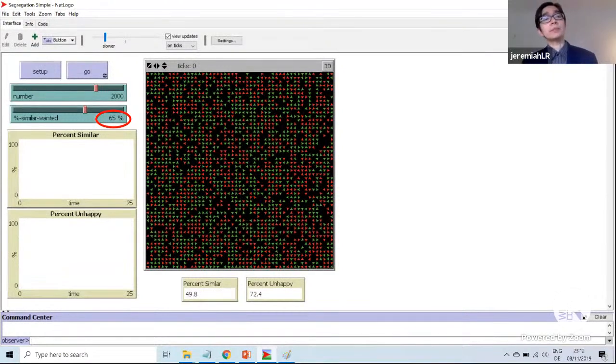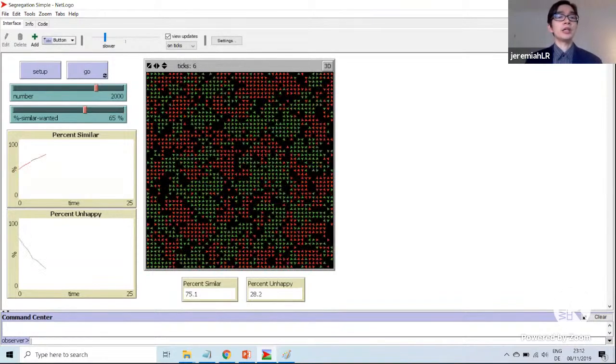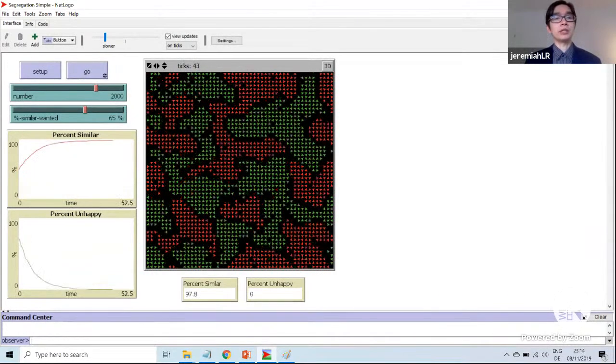Now, if you raise the threshold value to something like 65% and you run this same simulation, then you will end up with even more prominent segregation between these neighborhoods.